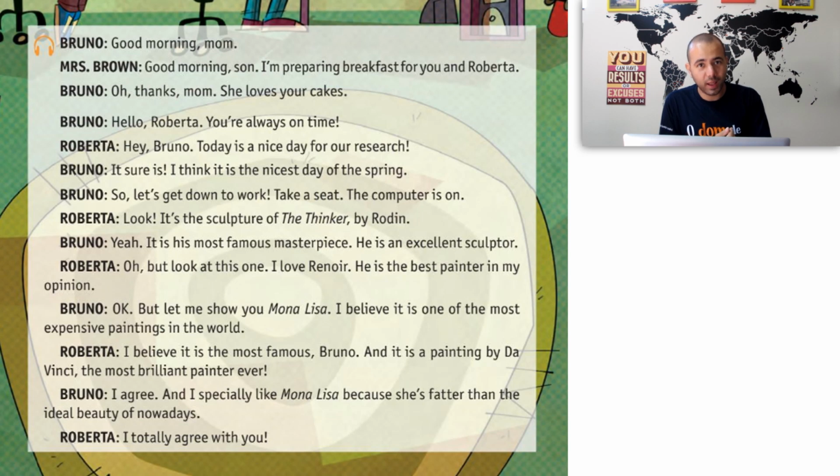And in this video lesson, we're going to continue working with our book. We're going to have reading comprehension as the first part of the lesson, and then we're going to move on with all exercises from chapter number 2. We're going to start with the text, which is a conversation between Bruno, Mrs. Brown, and Roberta. So you should open up your books at the first page of unit number 2.